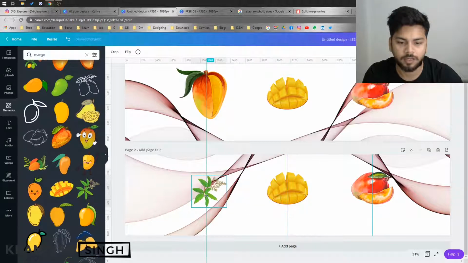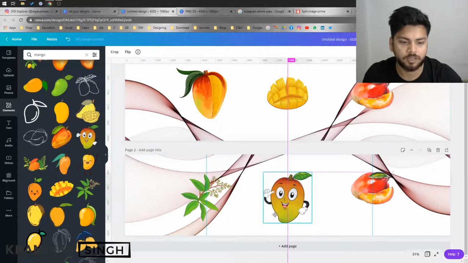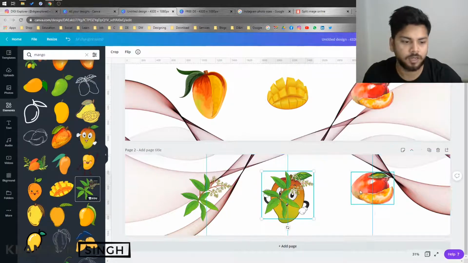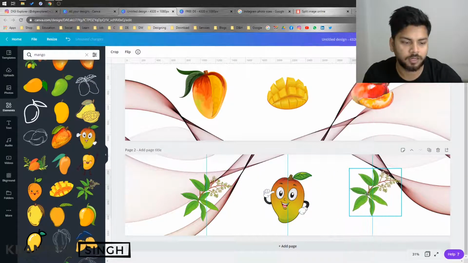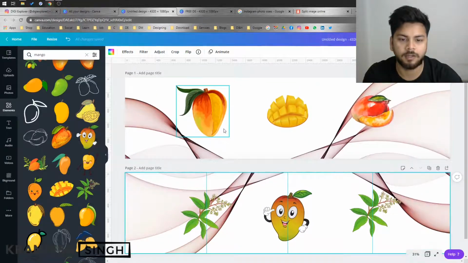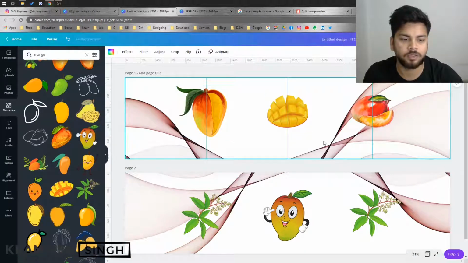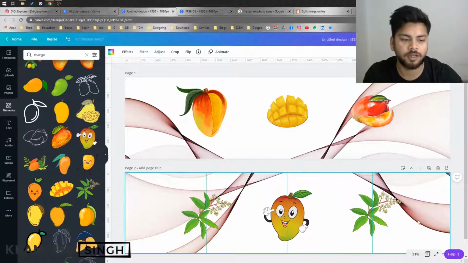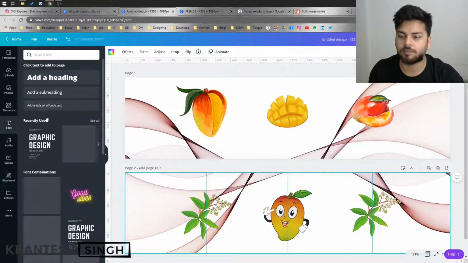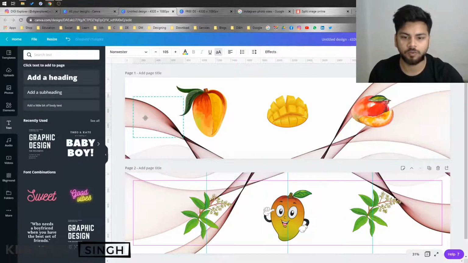So you can create your Instagram carousel as per your liking and design. I'm just showing you the basic steps, and then I will show you how I created that carousel. So this is how you do it. After creating this, as you can see, 1 2 3 4 5 6 7 8. Let me also put some text over here, so that it is more visible to you.